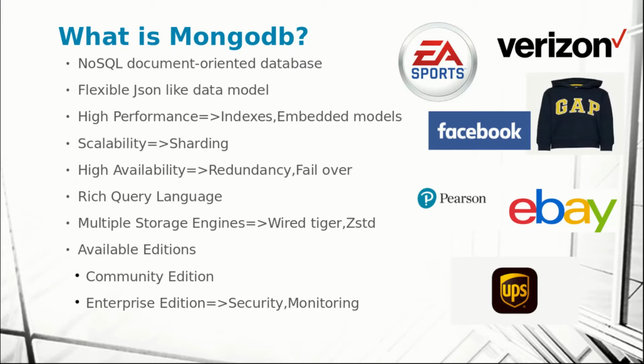So all the MongoDB documents are stored in JSON format, which is a flexible and easy to use data format, and it is easy to understand as well. And it is a high performing database. You can have fast indexing in the MongoDB environment, right? So your queries will be tremendously fast over traditional relational database environments.